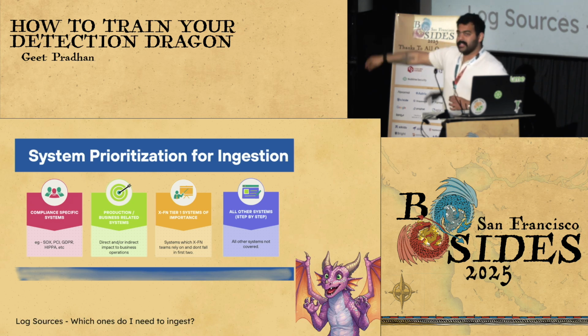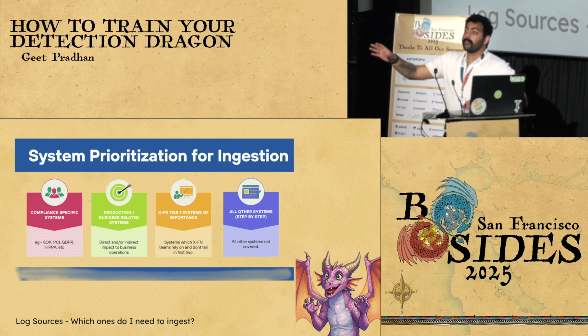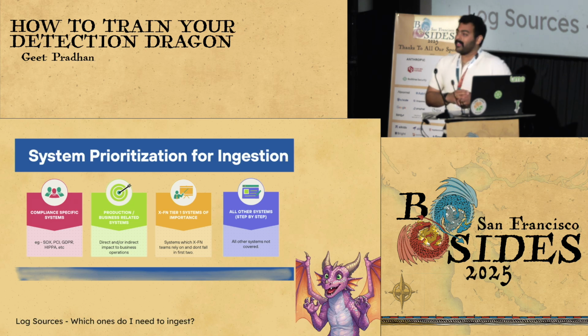Then you talk to your sister teams or any other teams and be like, hey, what are you guys worried about? We have done all of this. We have maybe 10, 20 sources already ingested. What are your P1s or critical ones? Now, once you've done that, then you go to all other systems. And I can pretty confidently say, if you've reached this point, you've achieved a lot already. And the fourth point is basically, if you have any other systems that are not covered and you have time, bandwidth, resources, which is energy, money, and the will to survive, go get those.